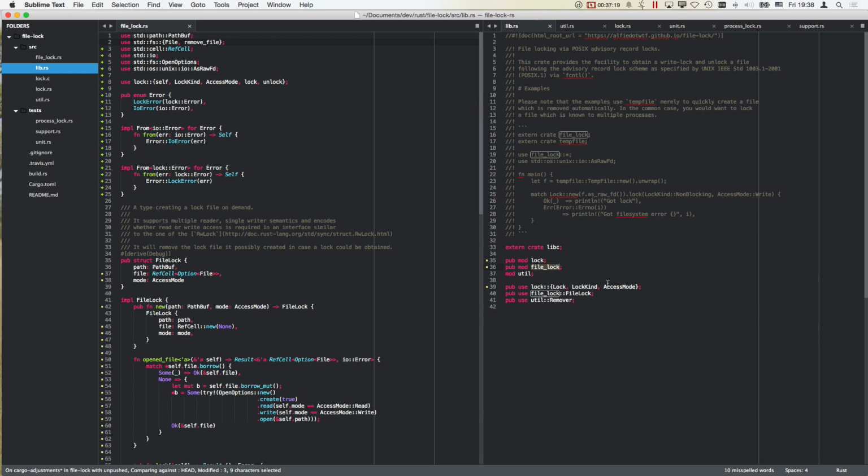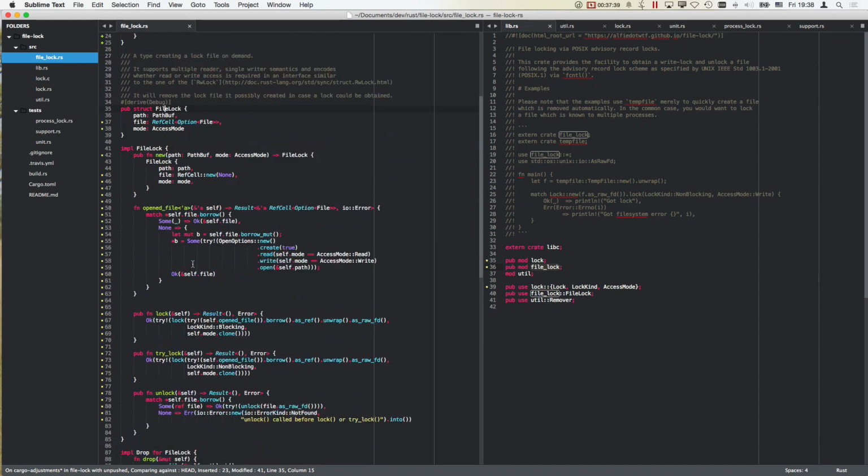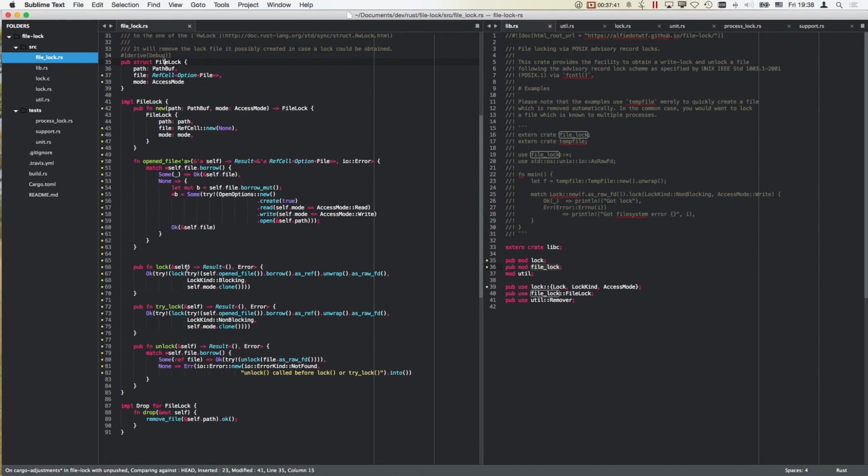Yeah, what should I do? I would rename the crate. Call it FileLock or something. Something fun, fancy. Well, a different name for this module is required. So I call this FileLock, but yeah. And also,